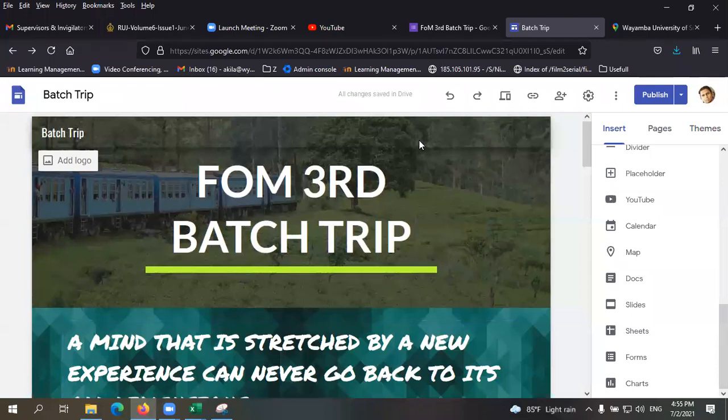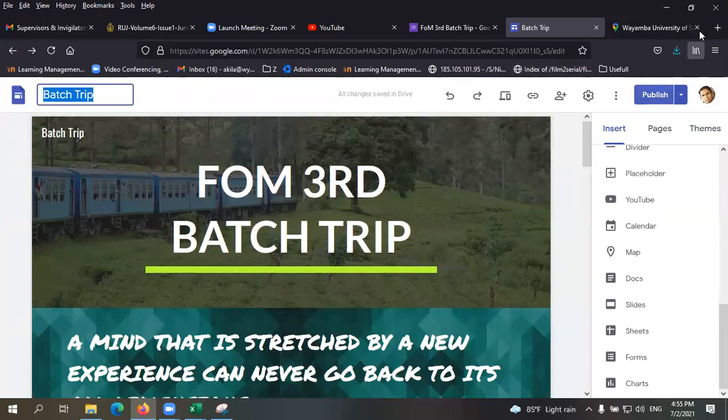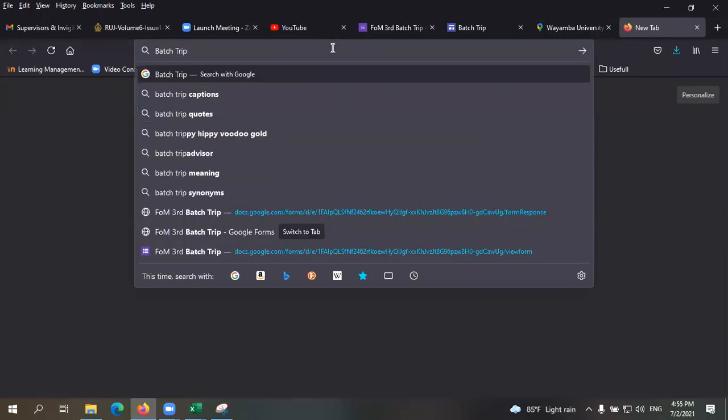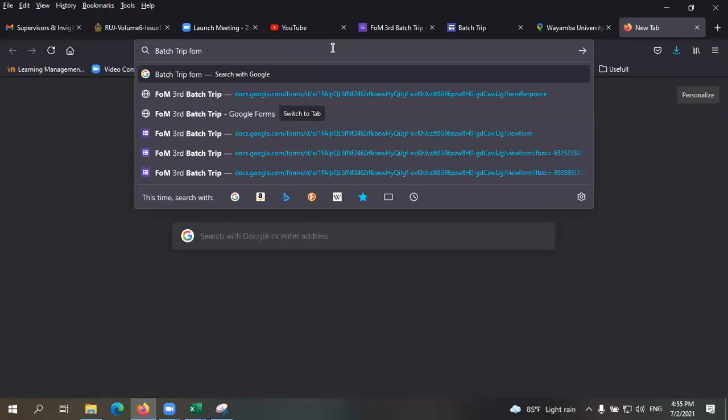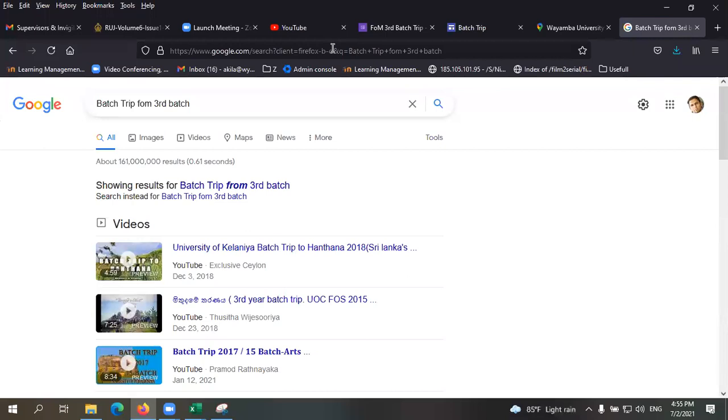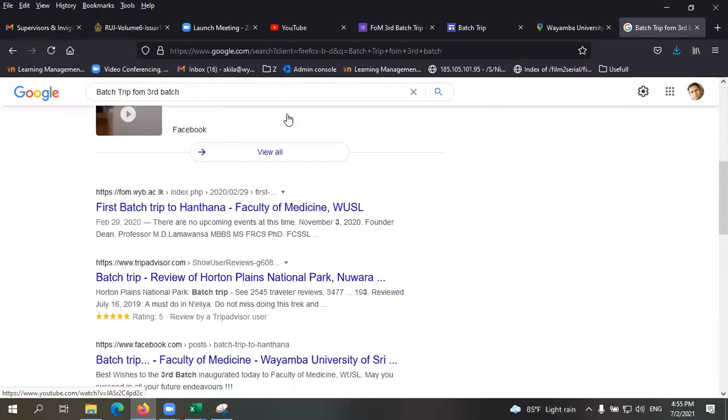Only the popular websites will come to the top. There are thousands of websites for a keyword, so when you just search in Google, these kinds of sites will not appear. Even for a keyword, there are multiple websites. In some cases, let's say, batch trip. See, if I search batch trip, this will not be there in the link.